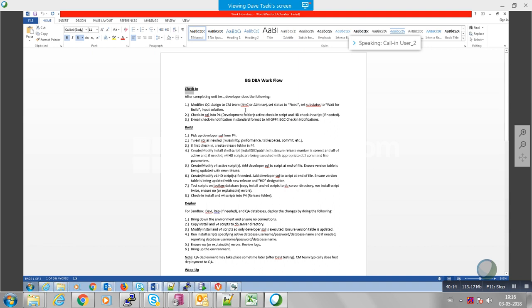They'll set it up with usage status of 6. They'll set up substatus of wait for build, and this will cue the CM team that the developer's doing the check-in, and they need to do something here. All right,